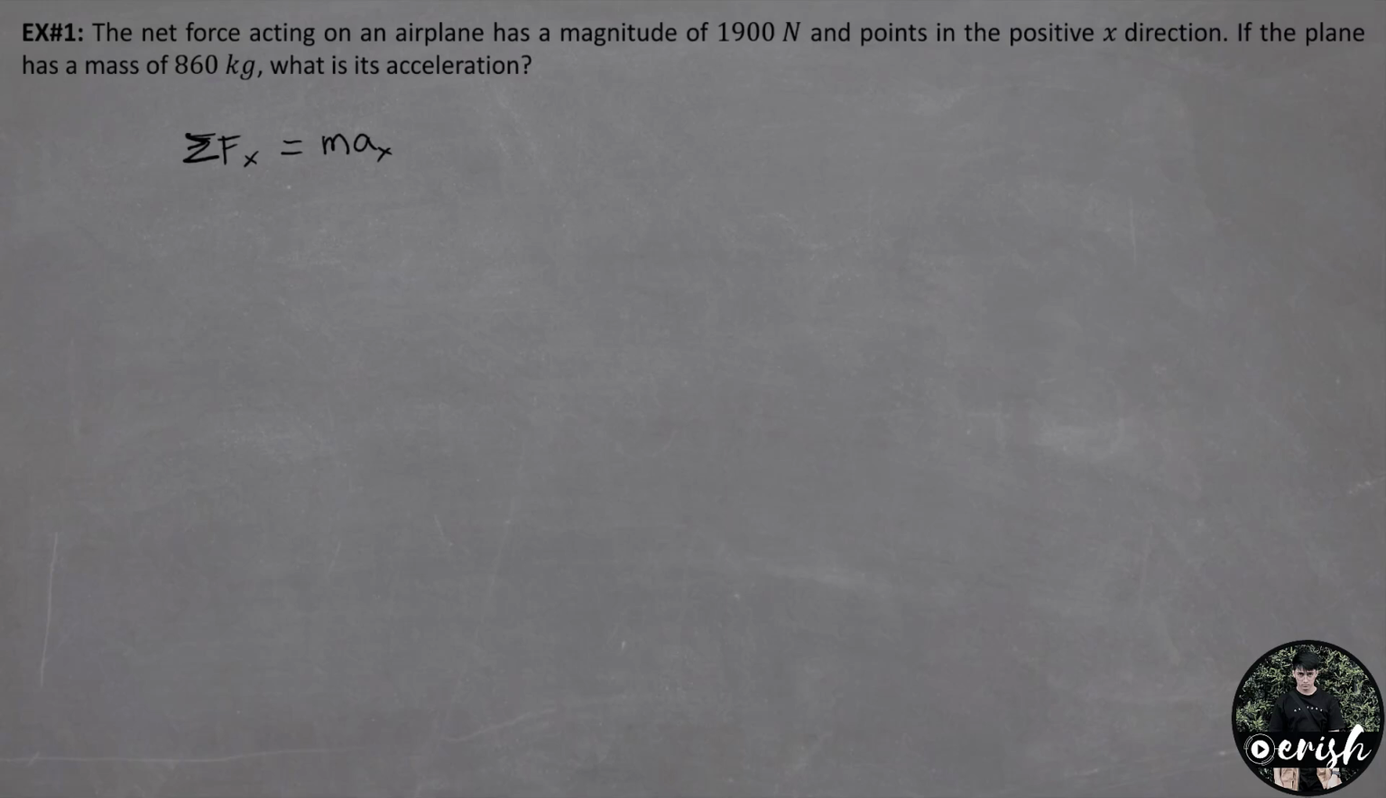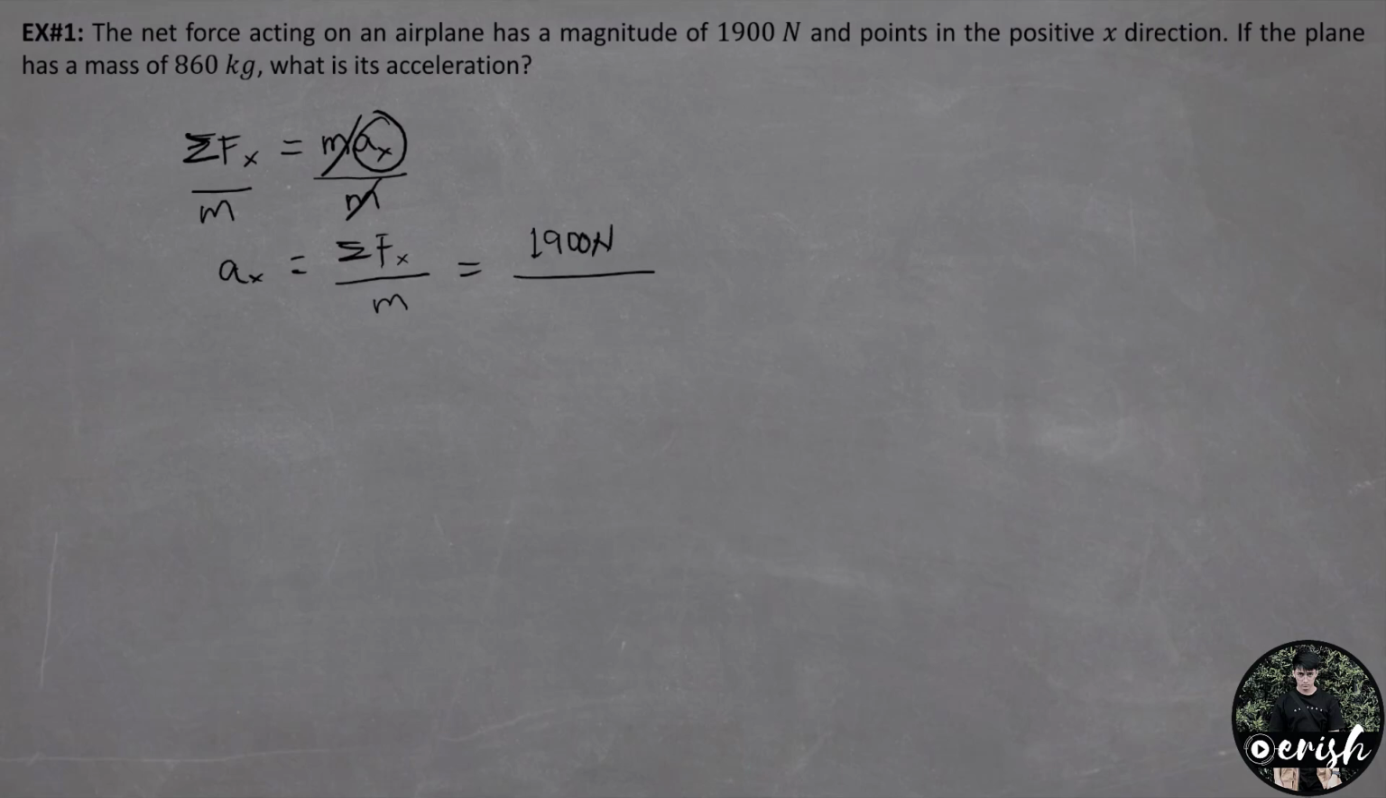Solving for the acceleration, we divide both sides by the mass. So, we can cancel the mass, and acceleration na lang ang matitira. We have the summation of forces, or the net force, over the mass, and by substituting, ang net force natin is 1,900 newtons. Since isa lang naman yung force na nag-act, we have 1,900 newtons over the mass na